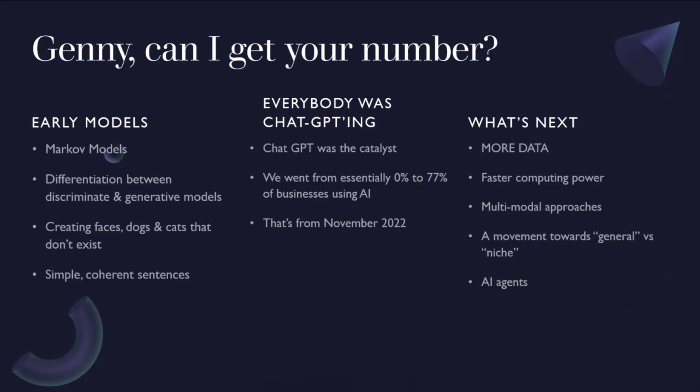Right, so where are we going? What are the things that are going to be next? I'm going to talk a little bit about that on the last slide, but really the things that are going to drive us forward are more data, right? These things are hungry for data. The more data you have, everything else being equivalent, the better the AI. That's just the way that they work. The faster your computing power, the faster you get that data back. Also very important. You don't want to be waiting minutes or even several seconds for an answer. You just want it to come back immediately.